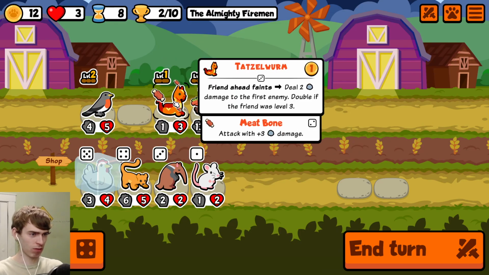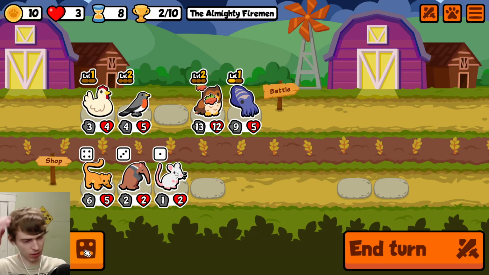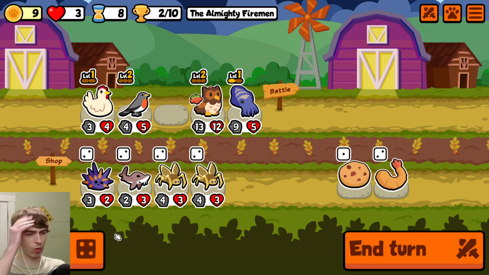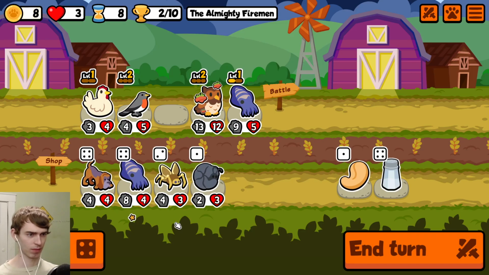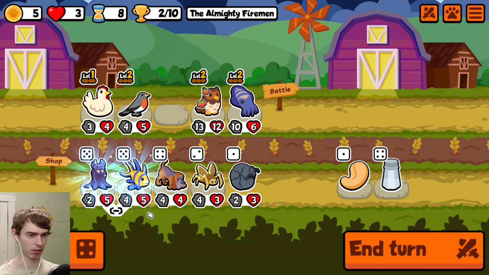Part of me just wants to get rid of this Tatsworm. It's only shooting twice. It does have the meat on it, but like... I think I'd rather just have this chicken in for a while to help us as we look to pivot away. Do I take this now? I probably should just take this now. There's obviously good tier 6s here, but...